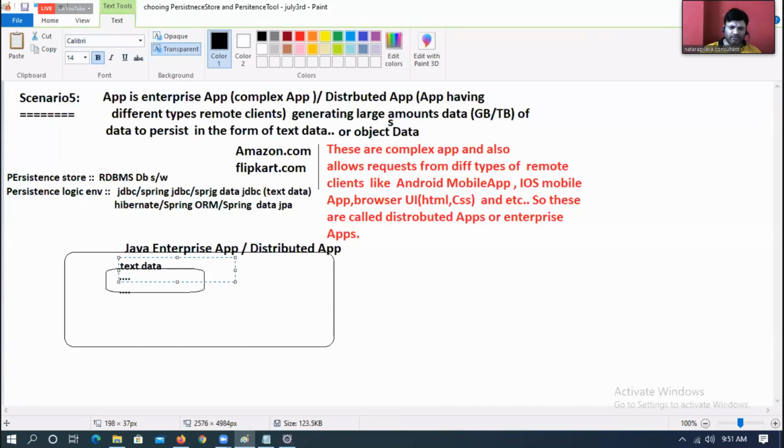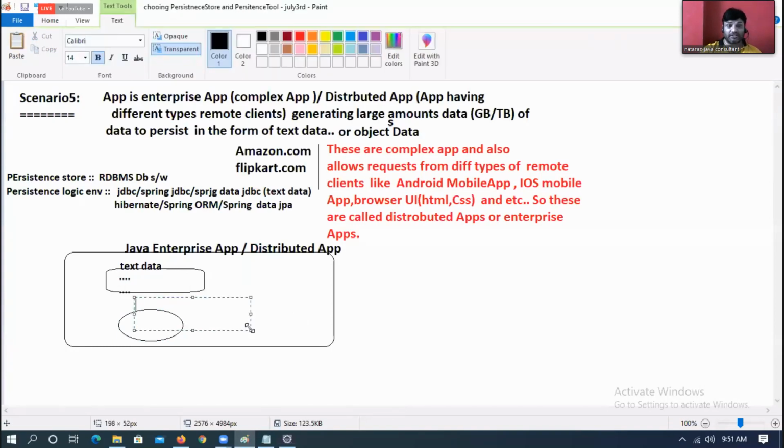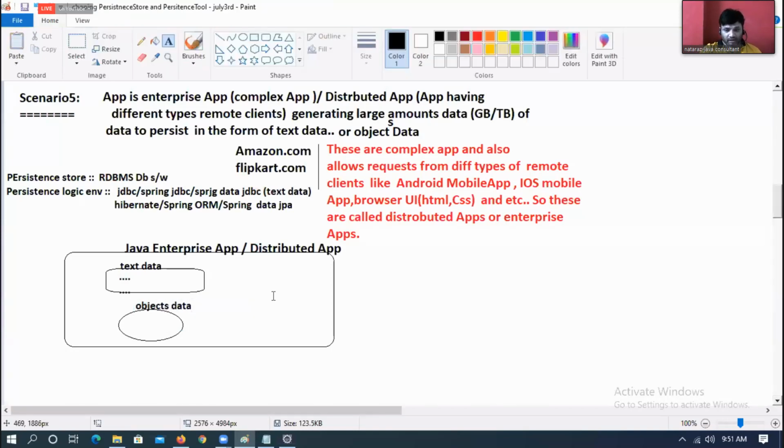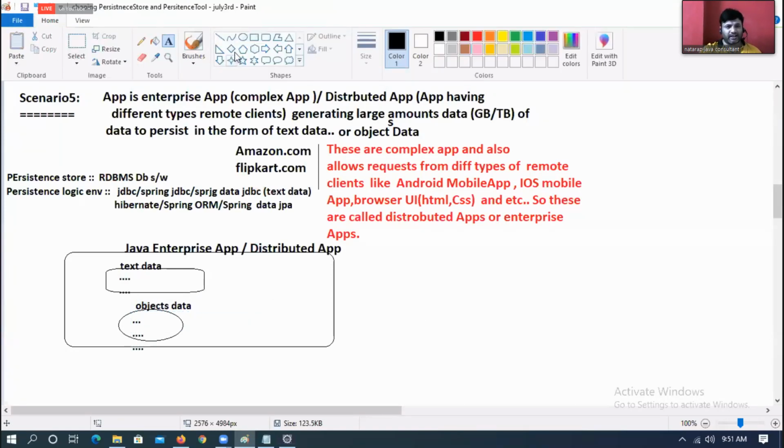They can deal with both at a time also sometimes. In some situation, text data. In some situation, objects data. So both are dealing with what?